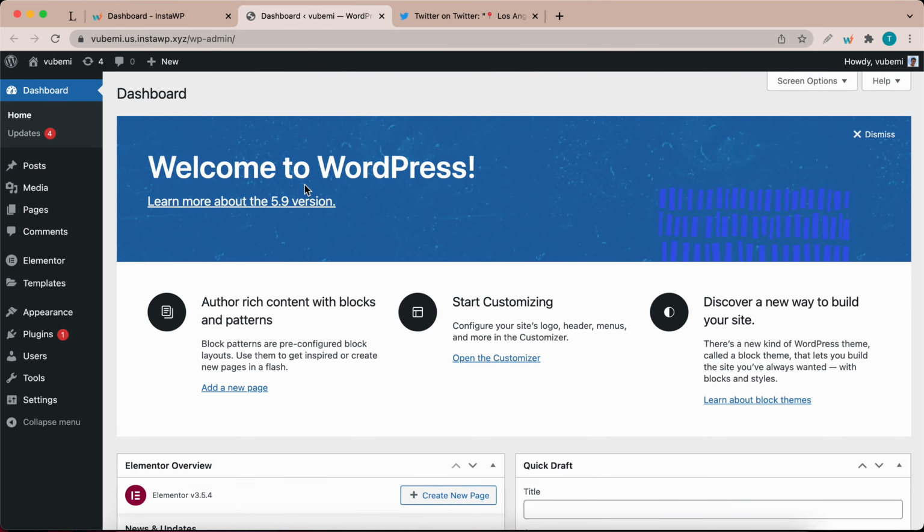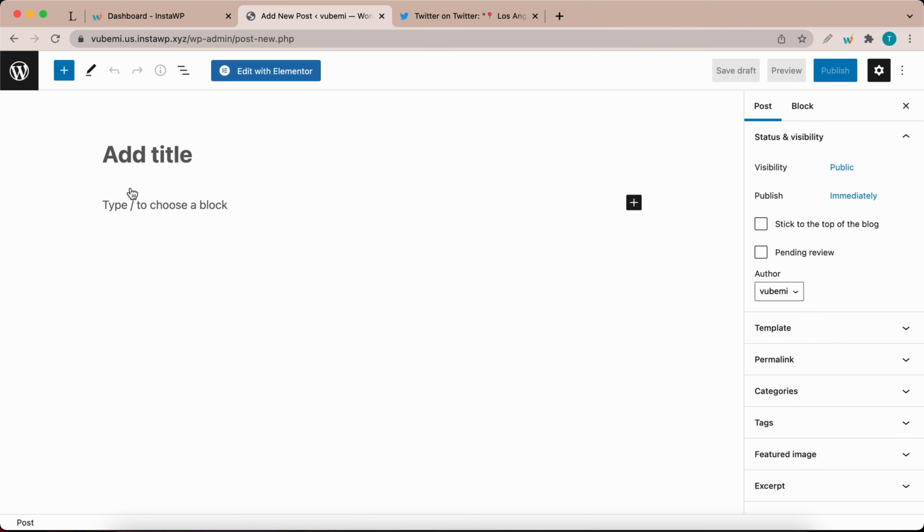Alright, so now I'm at the WordPress dashboard, and I can either create a new post up here, or I can hover over posts on the side and click add new. Now I'm going to give this post a title. For the sake of this tutorial, I'm just going to call this Twitter Embed. Alright, now I'm going to add a new block by clicking on the plus icon over on